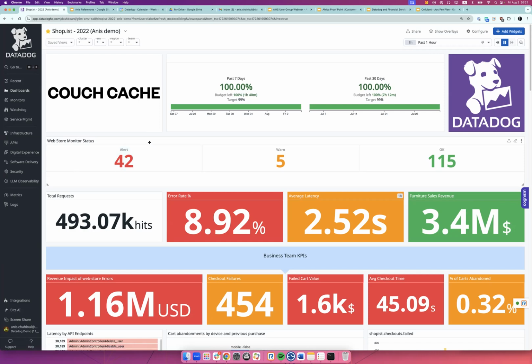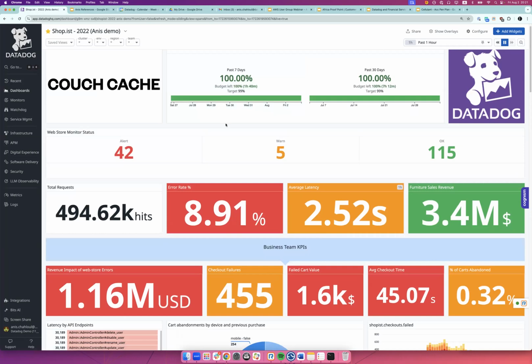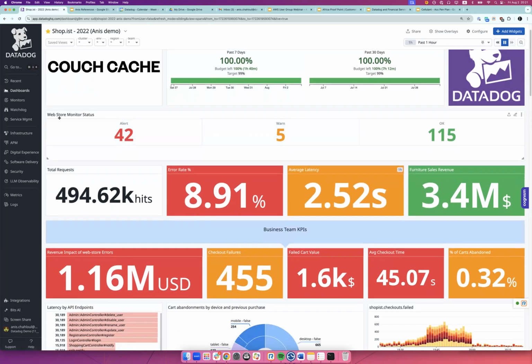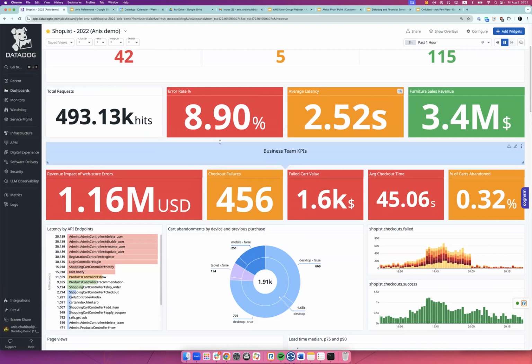So yeah, this is a dashboard that I built for my e-commerce application. As an engineer who is going to start using the platform very fast, I can understand what's happening because everything is in there. From any service level agreement that I have, I want all my services to be up and running 100%. I can see, for example, this is a critical service. It's a web store, so it's a critical service. I can see very fast what kind of alerts and warnings there are. I can even create business metrics that help me understand how IT is driving business at the moment, and what kind of impact an operational outage has.